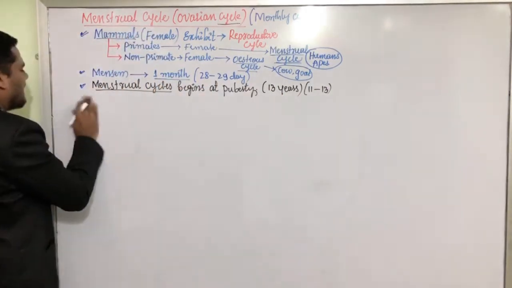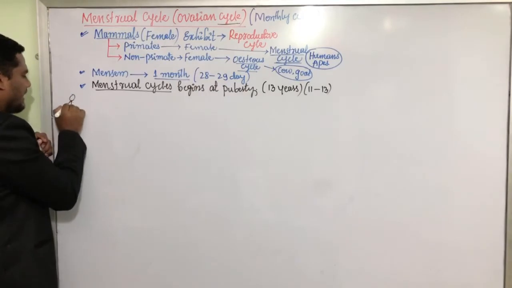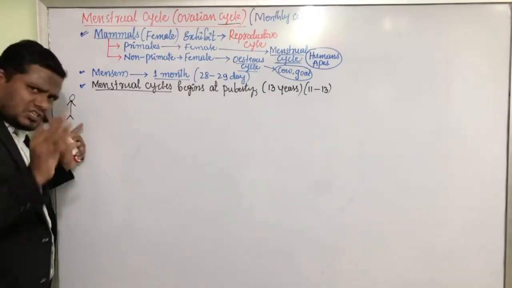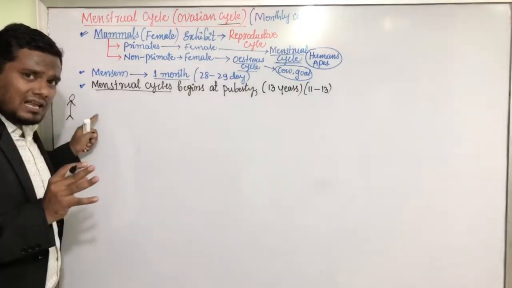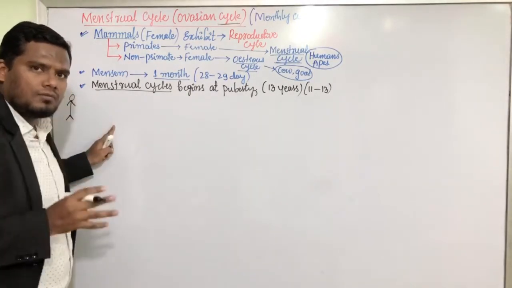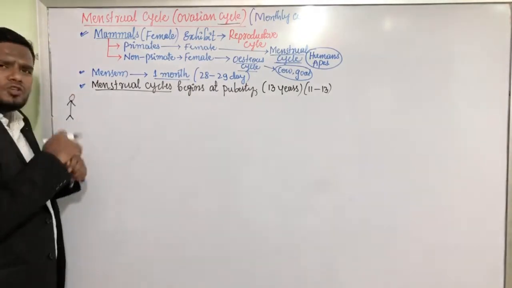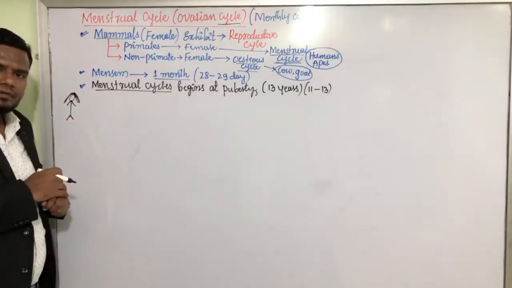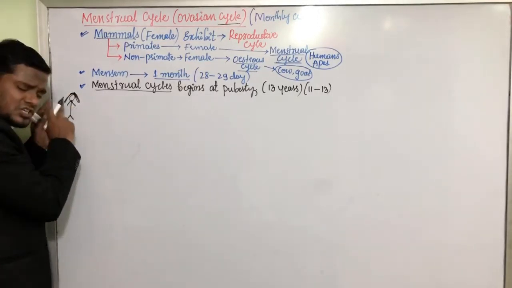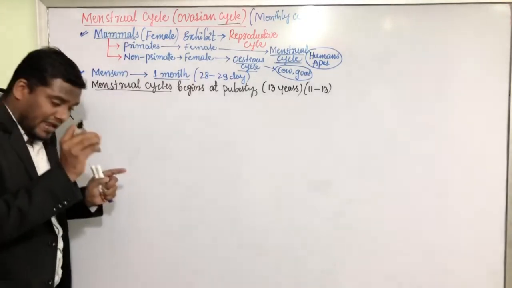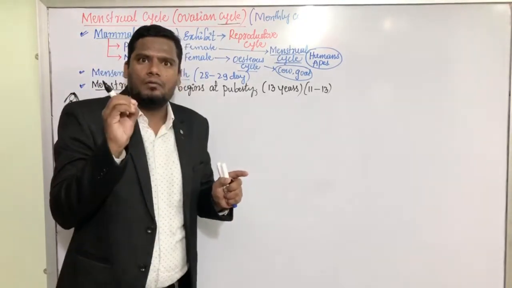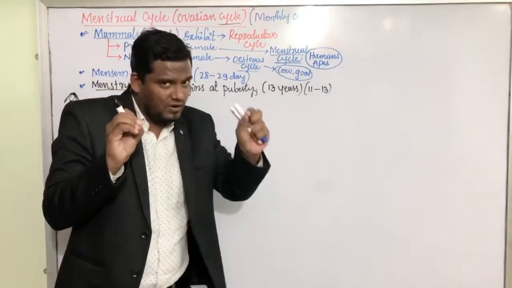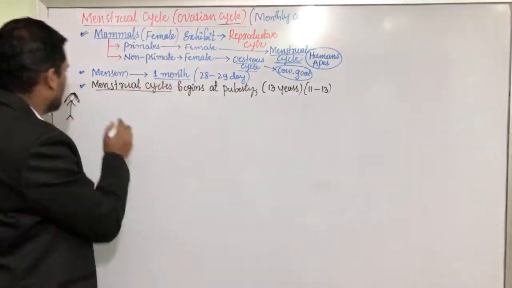Suppose here we have a girl. Just now consider this girl just now got sexually matured. She is a girl. The first menstruation, जब पहली बार menstrual cycle होता, puberty hit करने के बाद, first time जब menstrual cycle होता,